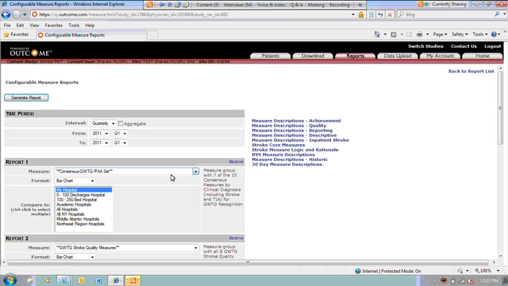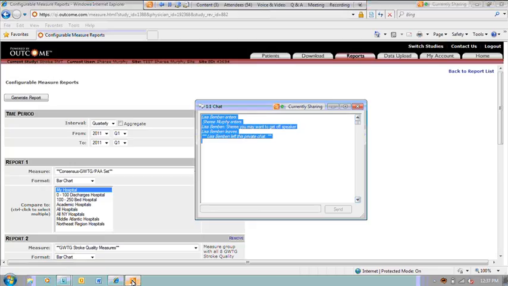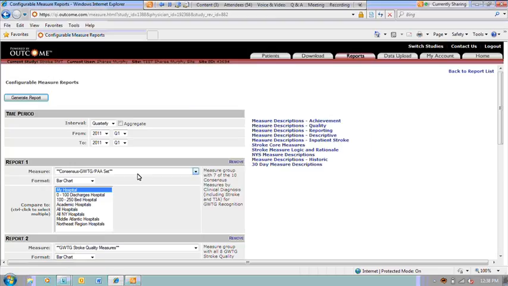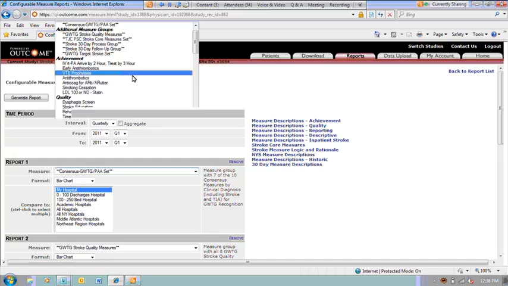So it might be nice to be able to go armed with a bit more information about your performance in those particular measures. So what I would then do is, I don't need to run every measure again. We were doing really well in the other areas. So what I would do is I would just, for my measures, choose the ones that I want to take a closer look at.